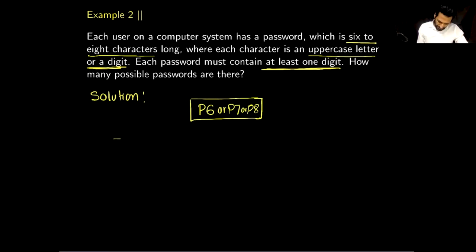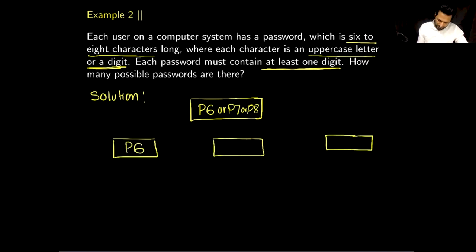So in order to complete this procedure, I need to perform three tasks. These three tasks will be: the password is 6 characters long, the password is 7 characters long, and the password is 8 characters long. And also you can see the conjunction. The conjunction is "or",